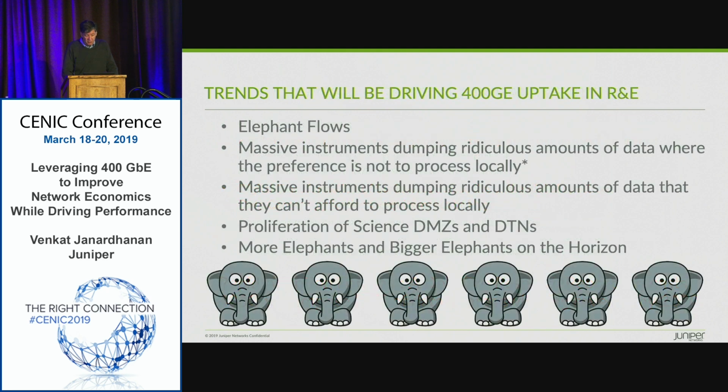So what's driving 400 gig in R&E? The answer is elephant flows, massive instruments dumping ridiculous amounts of data when the preference is not to process that data locally. So I have a twin brother. He's not an engineer, but he's a pretty smart guy. A couple of years ago, he asked me, "Hey JJ, what's new at work?" So I told him, "Oh, I'm so excited. I'm supporting these new customers. It's Department of Energy. They're running multiple 100 gig links across the ocean to this big particle accelerator at CERN,